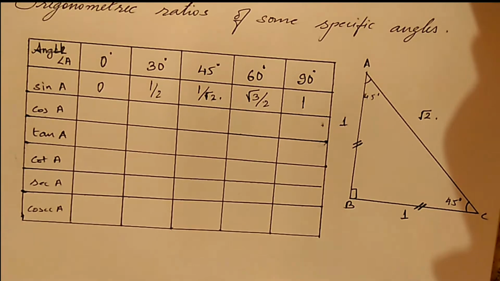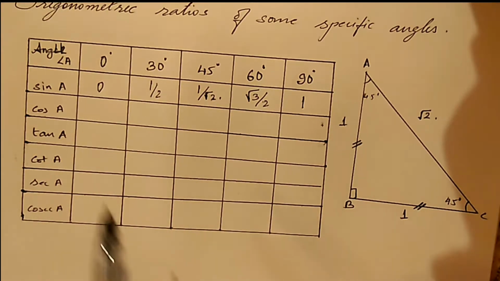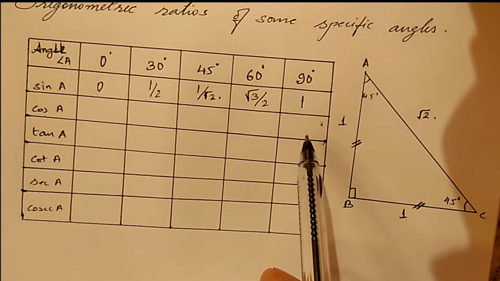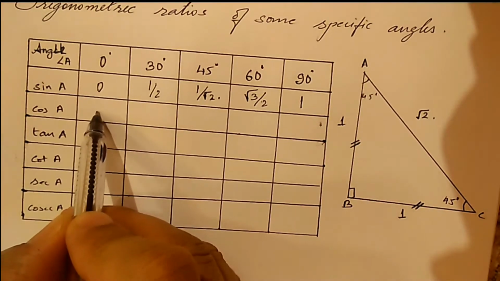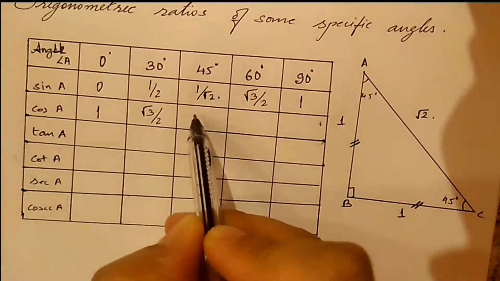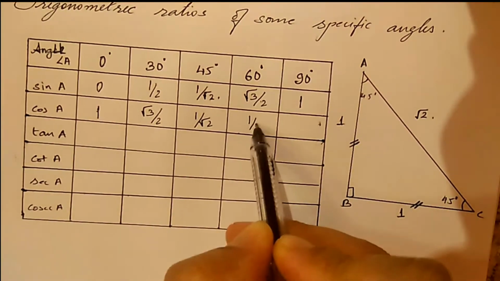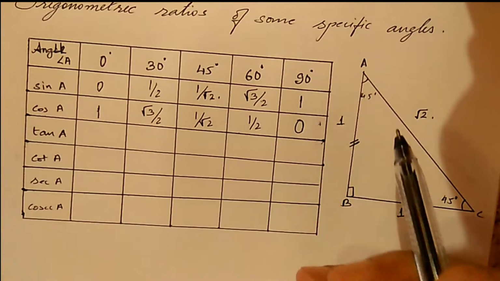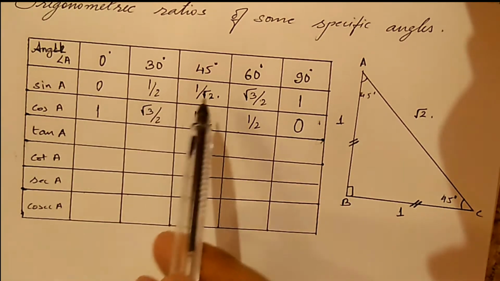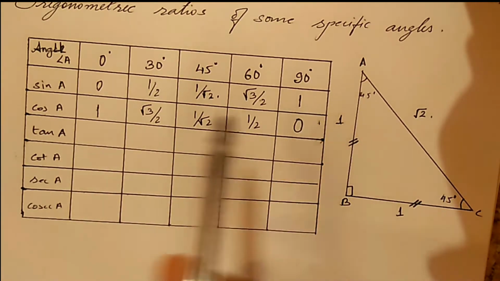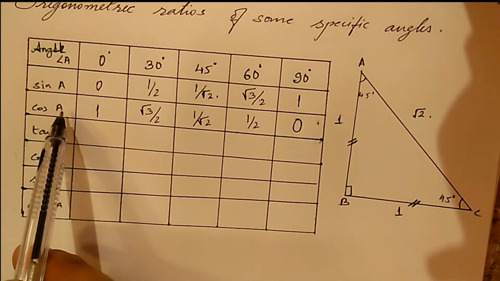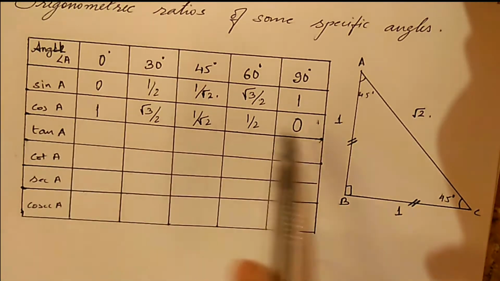Now what about cos? We can go back to the triangles again, but instead we can simply rewrite the values of sine in the reverse order. That means for 90 degree, if I write here 1, then we write root 3 by 2, then 1 by root 2, then half and 0. So what we see here is that if I can remember the first line, 0, half, 1 by root 2, root 3 by 2 and 1, then I can easily write down the trigonometrical ratio of cosine by writing the same values in the reverse order.